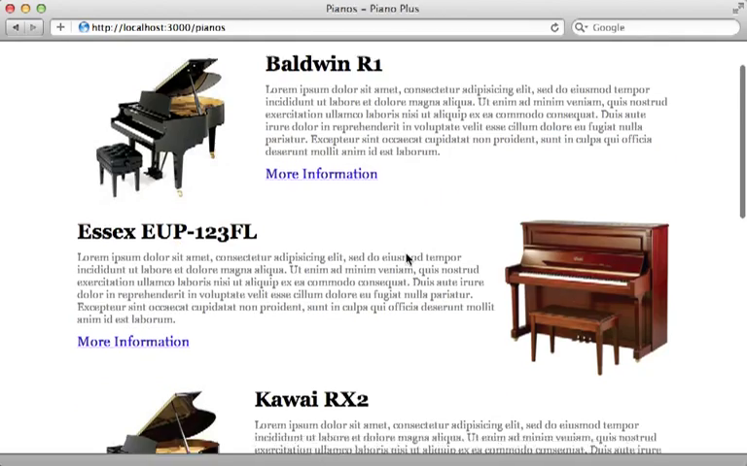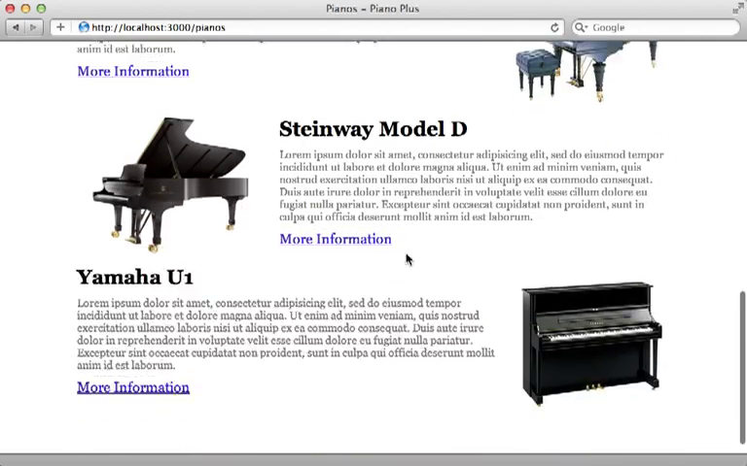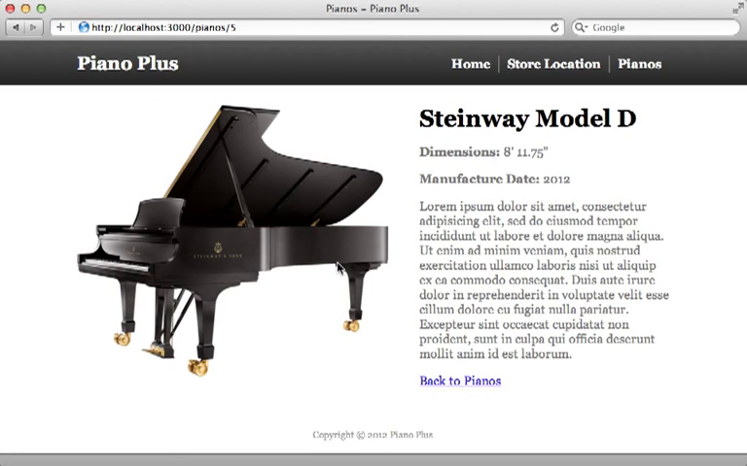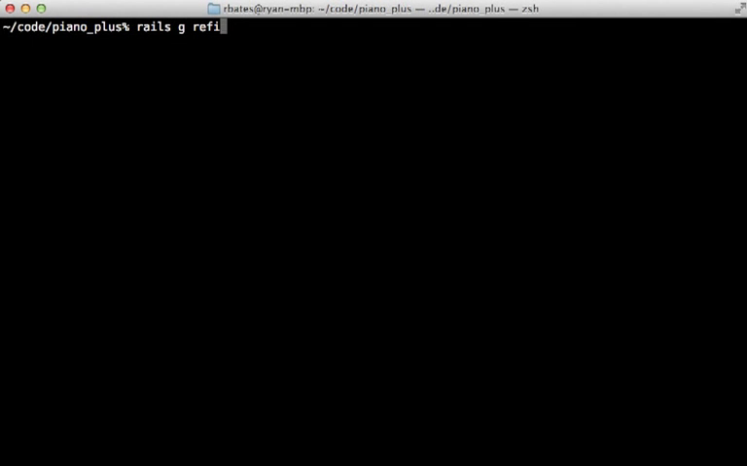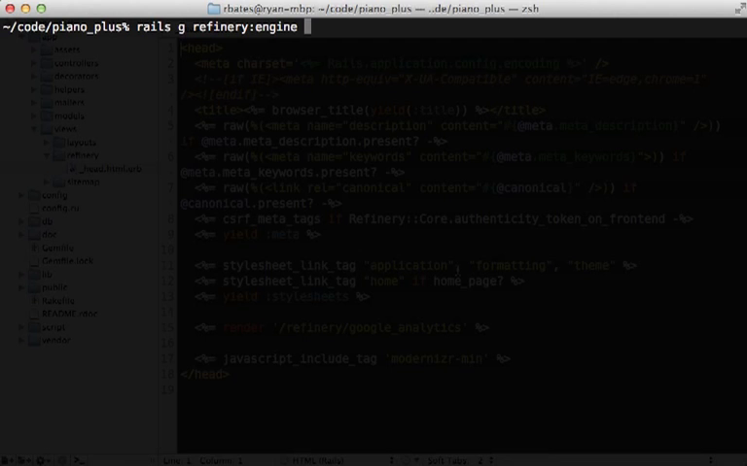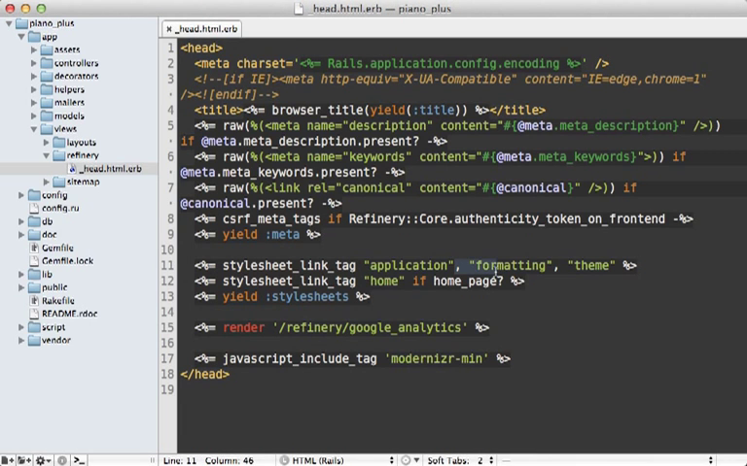And that brings us to this week's Pro episode. There I will show you how to add the Browse Pianos section to the site by creating our own engine and then customizing it. And I'll also show you how to override various parts of Refinery, such as views and